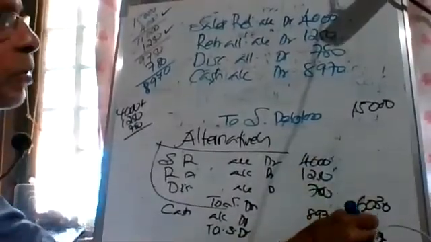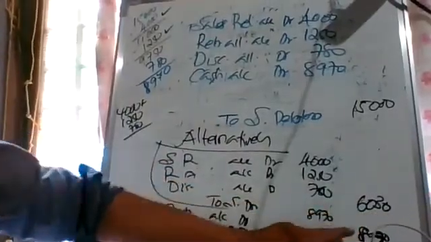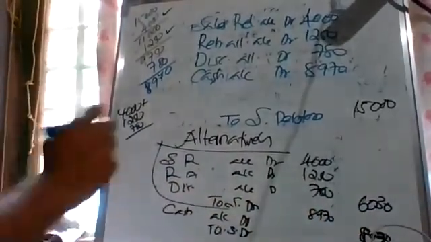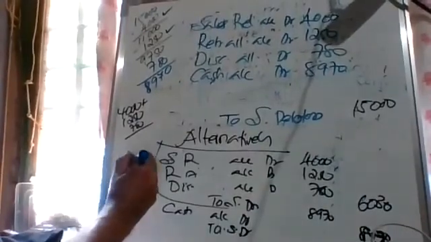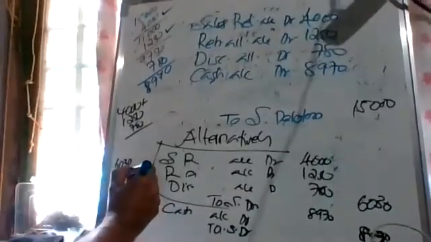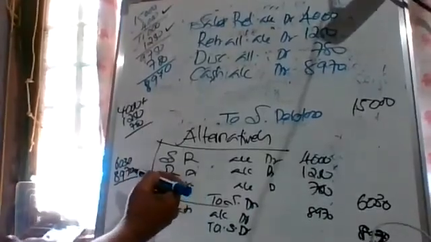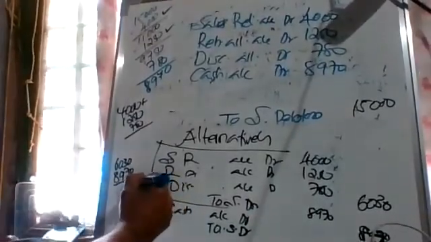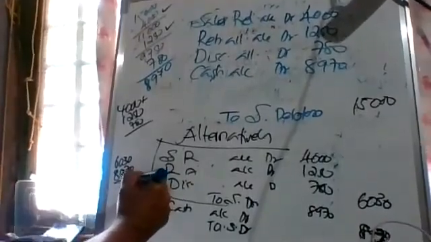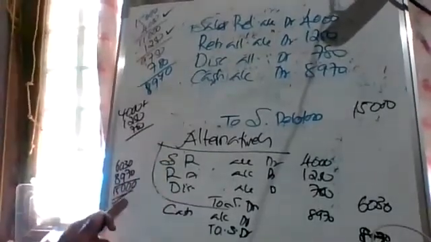Again, I am requesting you, please confirm. 6030 plus 8970 should match with 15,000. Verification, reconciliation, confirmation is so important in accountancy. Can you check if 6030 plus 8970 comes to 15,000? Yes or no? Are you seeing on the board? Yes, sir. Reconfirmation, verification, reconciliation, updation.